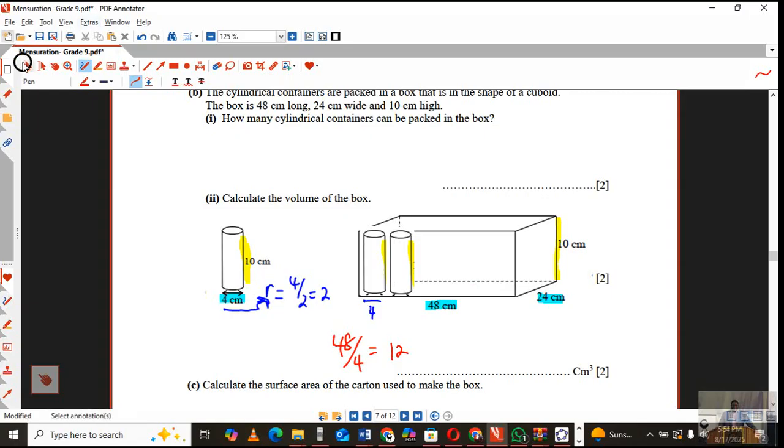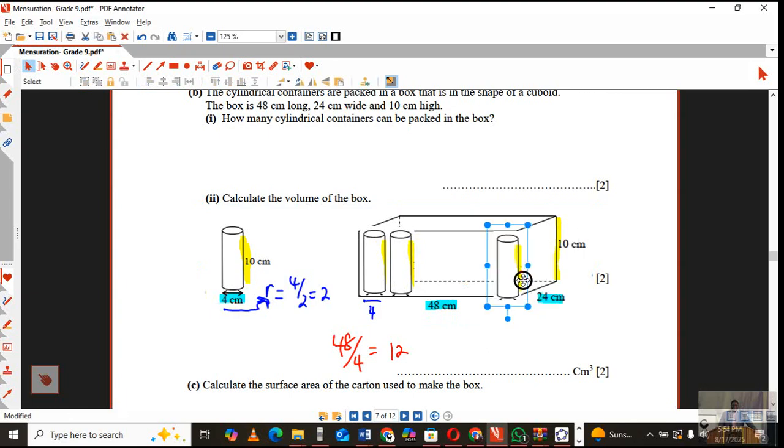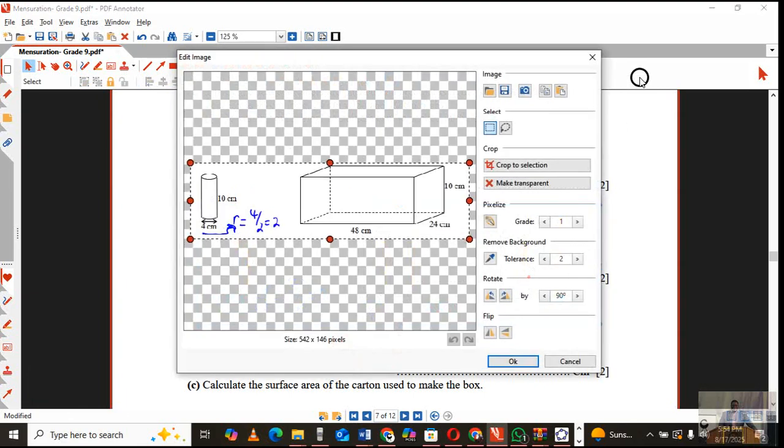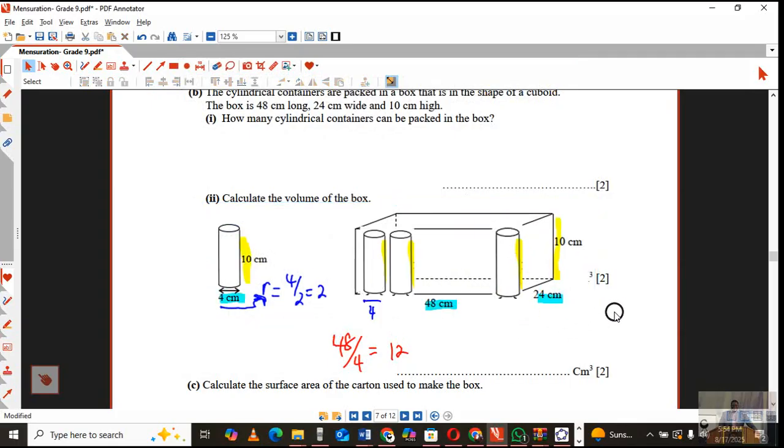So if I was to move this, and let's say, okay, let's see, we'll paste. If we put one here at the corner, okay, now it doesn't come out the way I want to, but the point I want to make is that it's going to have a thickness there as well in this direction of 2. So if you take 24 and you divide that by 2, okay, 24 divided by the 2, you get